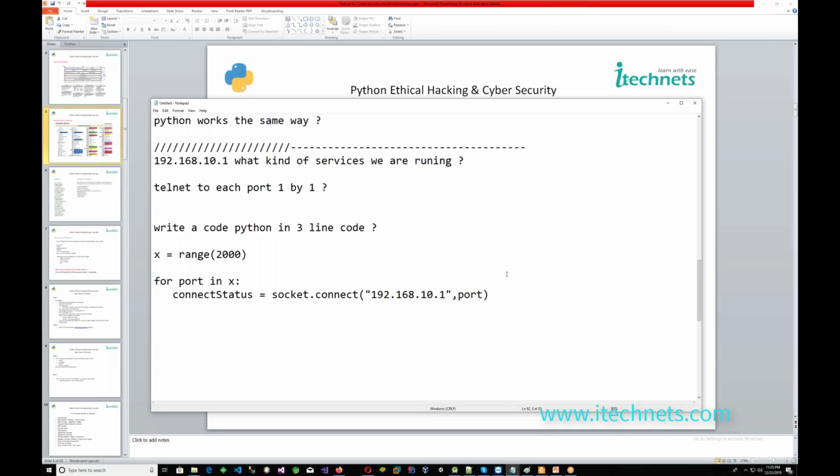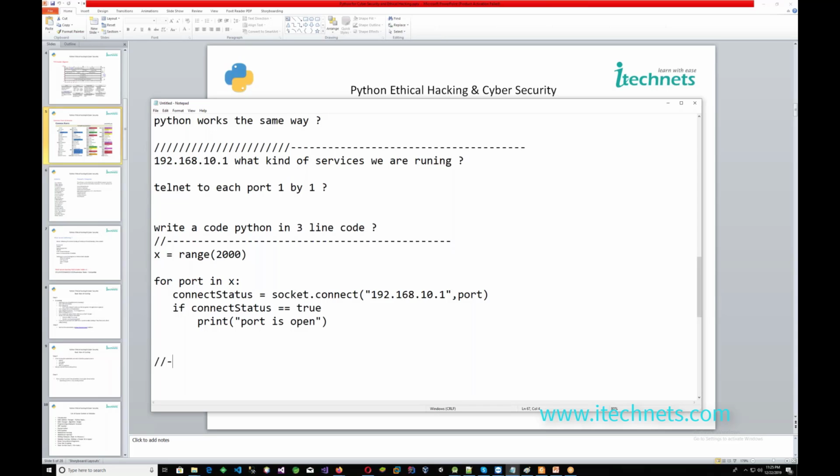If connect status is equal to true, then you write print port is open. Simple. Now you see what I did.